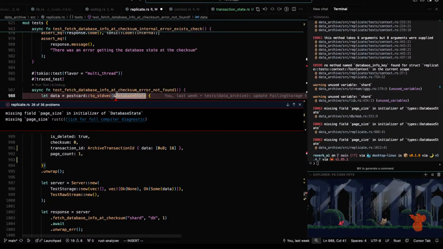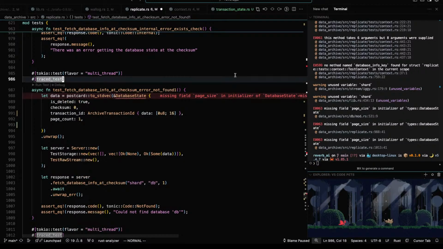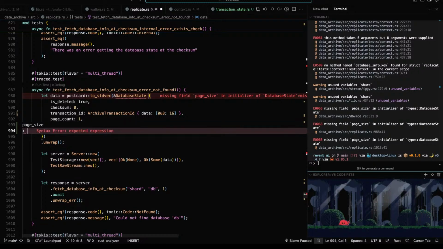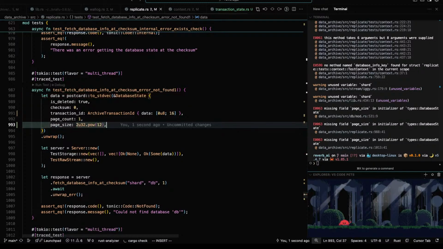Sometimes it's happy to help. Okay, here we got the tab. Huh, whatever. Page size. There it is.